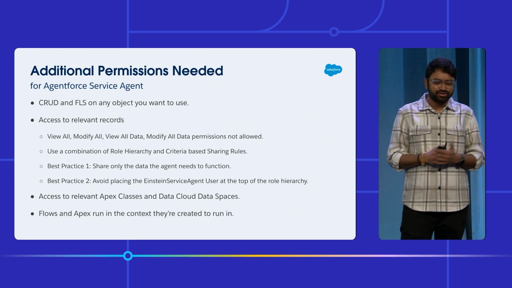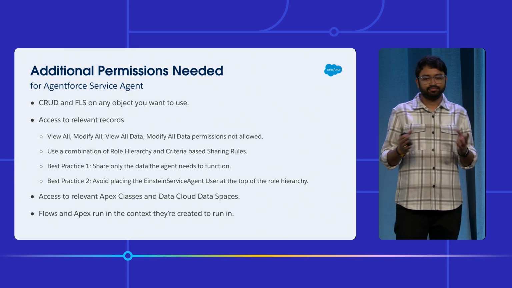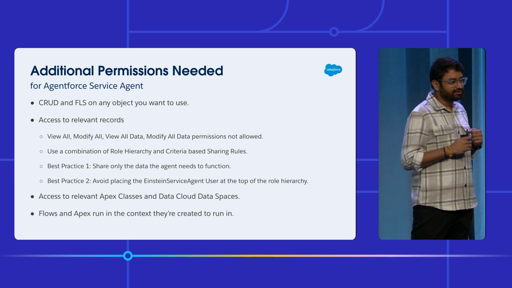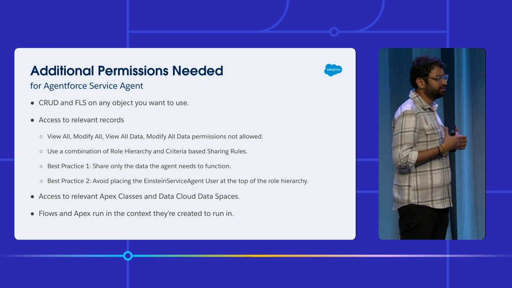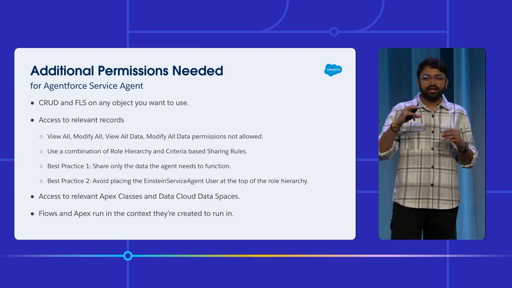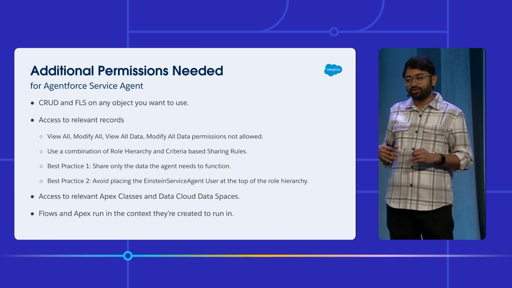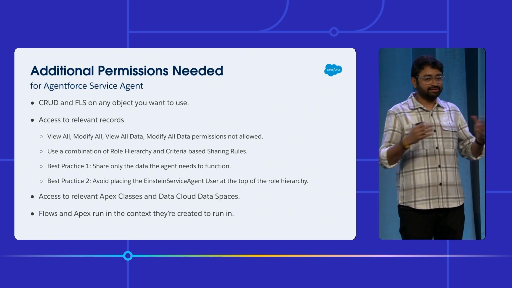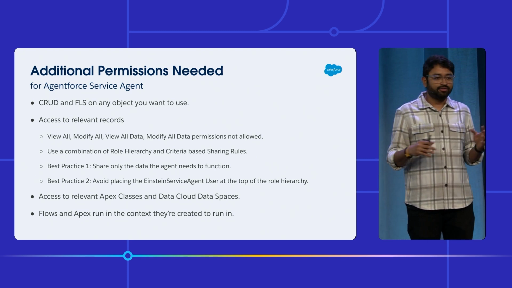Now as a best practice, share only the data that the agent needs. Principle of least privilege, all of us know about it. The second best practice that personally I would suggest is that you do not place your Einstein agent user on top of the role hierarchy. Now, that's a very good workaround if you want to open up access to all the records, but very rarely